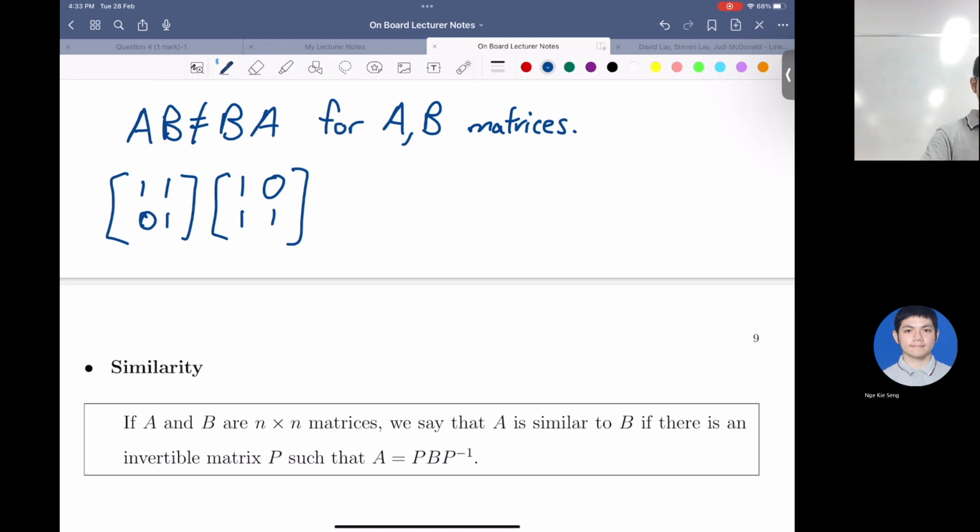So this is the part where a matrix doesn't look like a number. When you multiply 2 times 3 and 3 times 2, they are the same. But matrices are not. So this means a matrix contains more structure, more information than numbers already. Okay. But